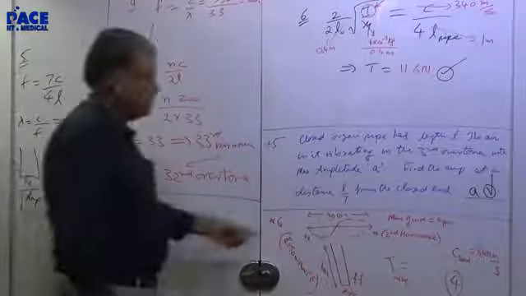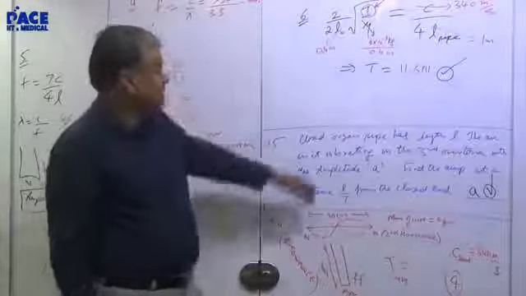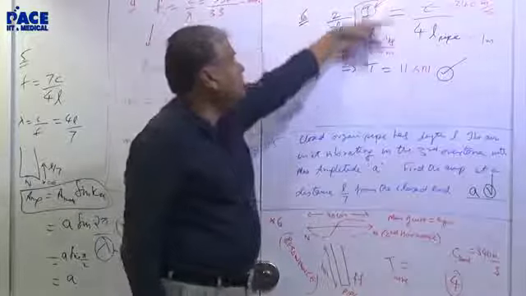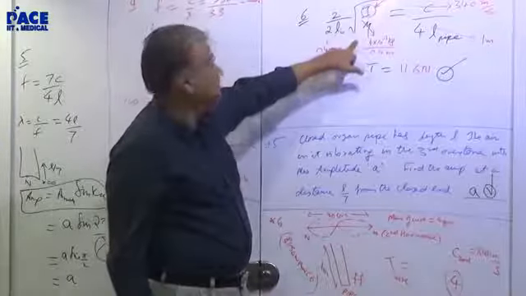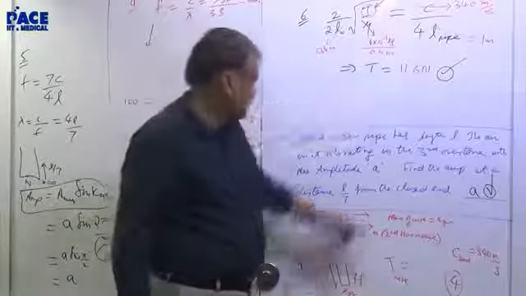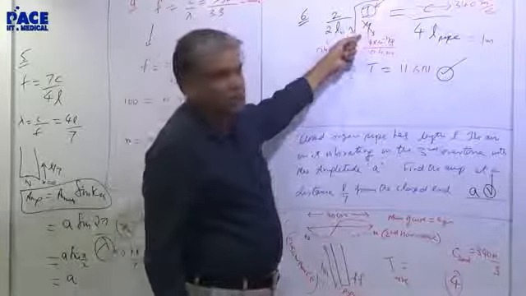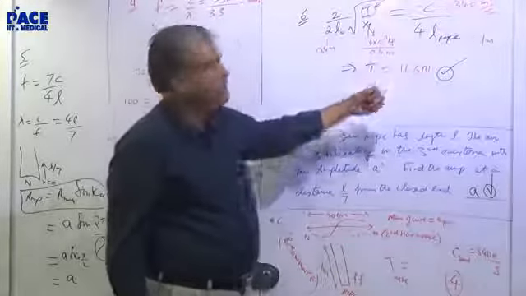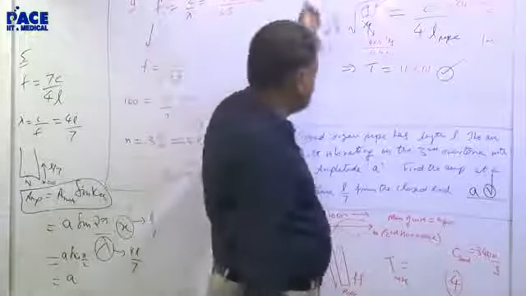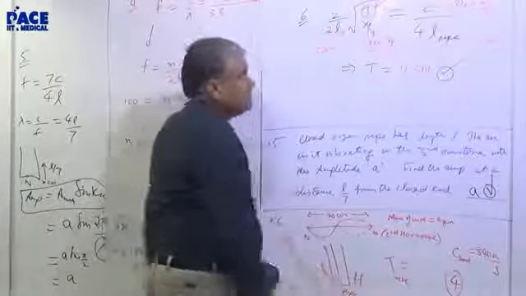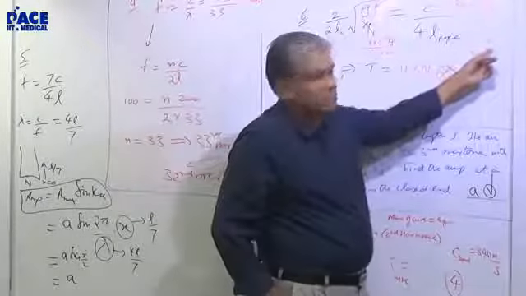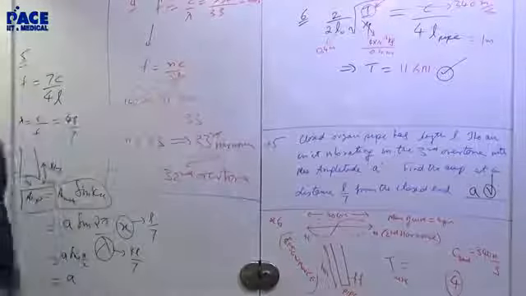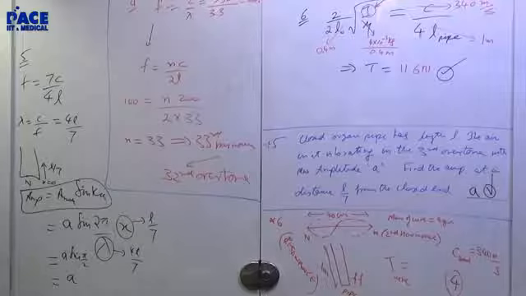And the last one, the wire is in the second harmonic, so it will be nc by 2l, n is 2, by 2l, root T by mu. This is for a wire tied at both ends. Length of the wire is 0.4 meter, 40 centimeter. Mu is mass per unit length. Mass is 4 gram, 4 into 10 to the power minus 3 kilogram. Length is 0.4 meter, so mu is given. T is to be evaluated. This is in resonance with the fundamental frequency of a pipe, C by 4L. L of the pipe is 1 meter. One equation, one unknown, solve for T, you get 11.56, rounded off 11.6 Newton.